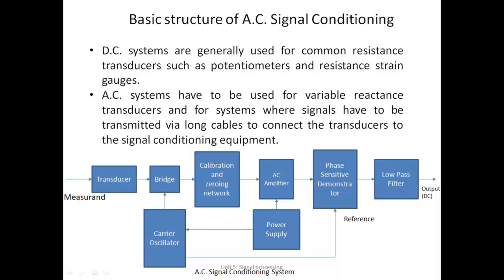This bridge is converting it into an electrical signal, and at the same time, having a carrier wave, the signal gets superimposed on the AC carrier wave, and then it becomes a high energy signal. It is sent to the calibration network, or it is transmitted through cables or some wireless communication. Over there it is converted into suitable levels.